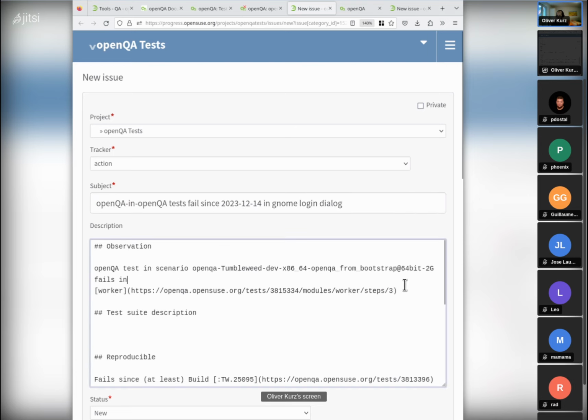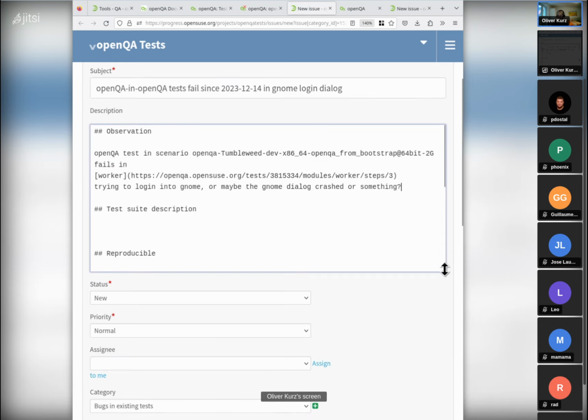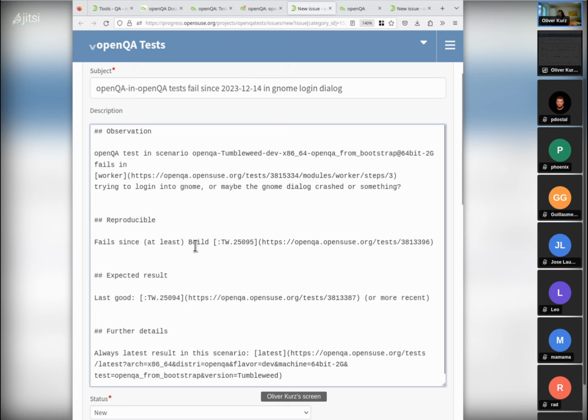And fails in here trying to log in normal dialog crashed or something. The bug isn't really with good nice details because I'm doing it now a bit shortened